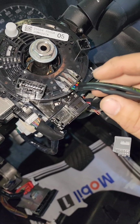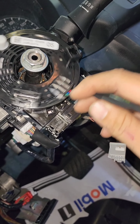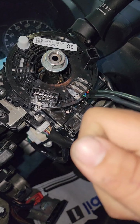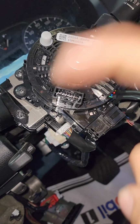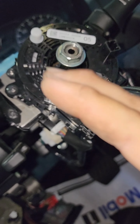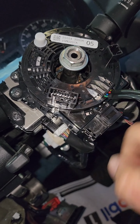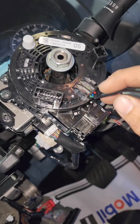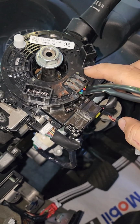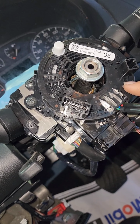Okay, I just checked it. It's not popped. How we check, we'll turn it all the way till it stops, no force. Then we'll count the number of turns until it stops. And in this case, it was 5 turns, so I just brought it back 2.5, and it centers it. Okay, so I'm gonna take this off, and we'll ohm it out and see what we